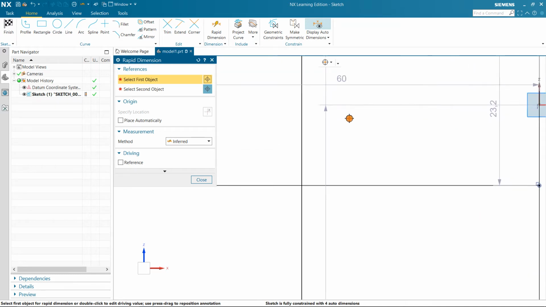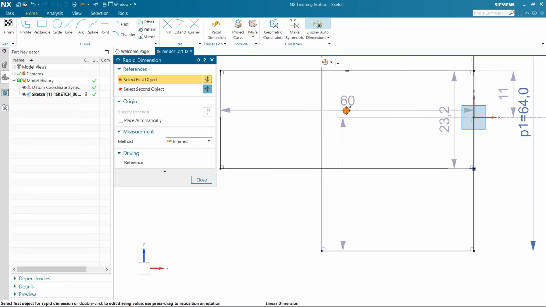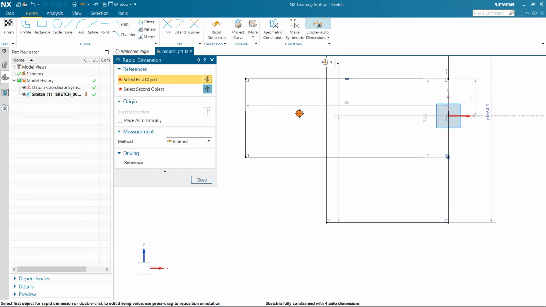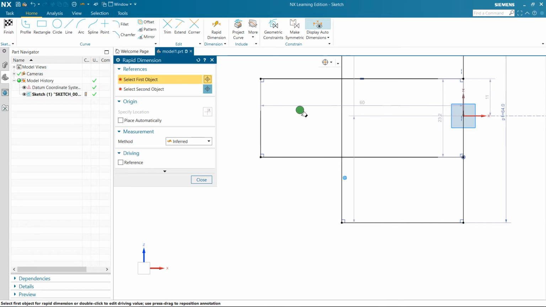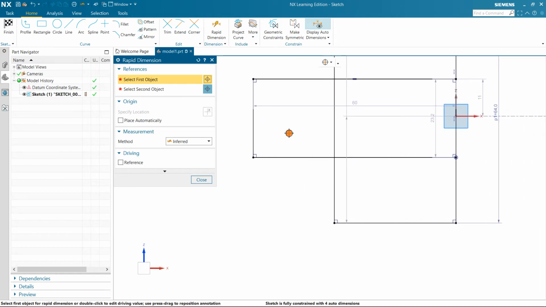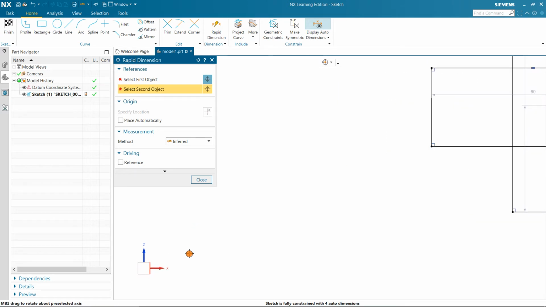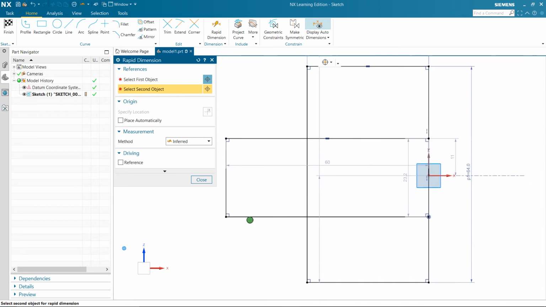See, to zoom in and zoom out, scroll your middle scroll button, and to pan it, that means to move it, hold shift on your keyboard and hold the scroll button on your mouse and drag it, and it will be panned. To rotate it, just hold the middle mouse button, that is the scroll button, and then just drag your mouse, it will get rotated. To get a normal view, you can click on this plane and it will go back.